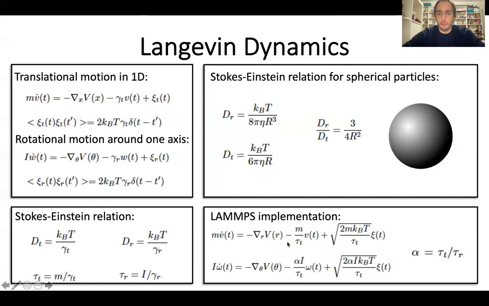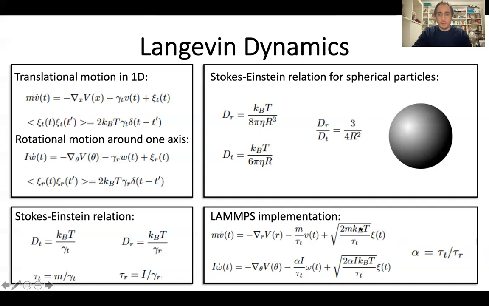So instead of using the damping parameter, you have the damping time. So you have to put here mass over the damping time, and the same in the random term. As you can see here, the value is outside, but it comes from the variance of the random number. And as I say in the notes, LAMMPS uses a uniform random number, which is faster and gives the same values if you have a large number of particles,